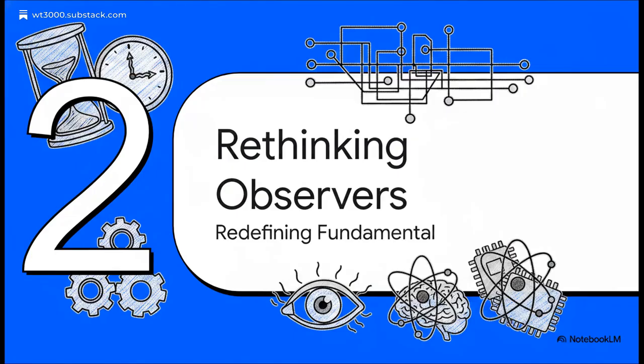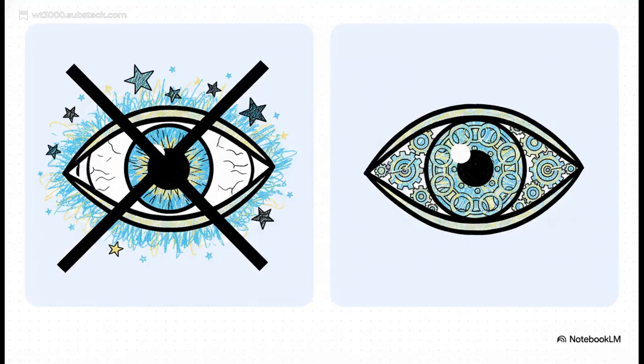Moving right along to section 2, rethinking time and observers, redefining the fundamental. Okay, this next part completely flips the script on the building blocks of reality we normally take for granted. In traditional physics frameworks, especially in quantum mechanics, the observer is often treated as something fundamental, almost magical. But the SFS-GP view completely strips away that mystical status. It redefines the observer purely as a localized, stable, recursive organization. Universal interaction is happening everywhere, all the time, but the localized observer is really just a specific, stable, geometric shape